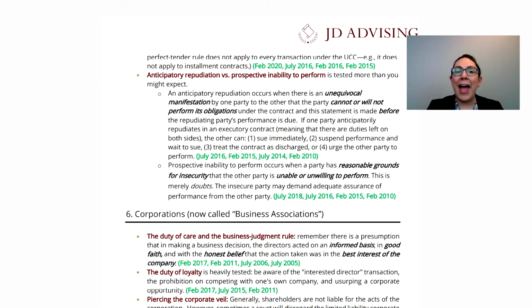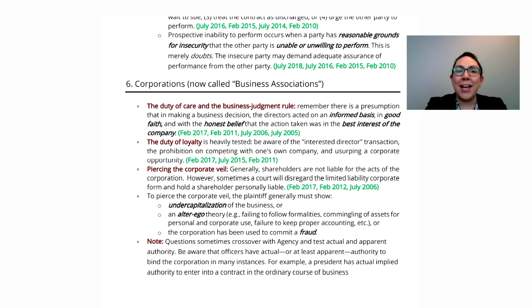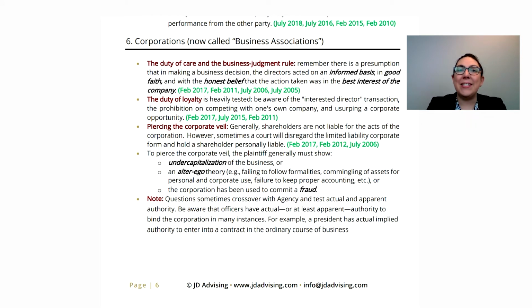So if you had the latter, prospective inability to perform, because someone has said, I don't know if I'll be able to perform under the contract, it's probably worth briefly discussing what anticipatory repudiation is and why this does not amount to anticipatory repudiation. Our sixth subject is corporations, which we discussed is now called business associations, and business associations